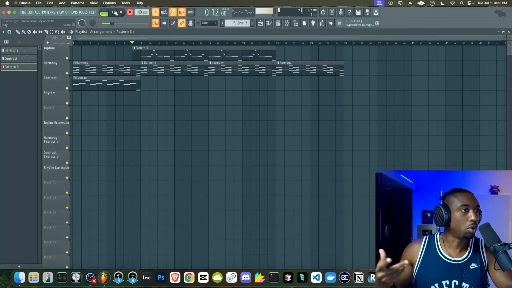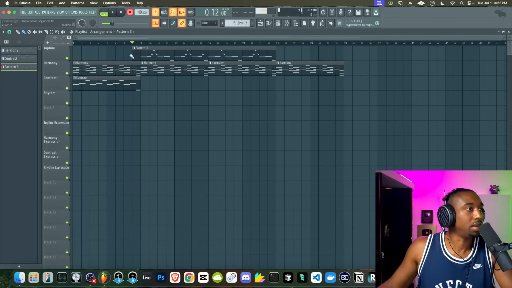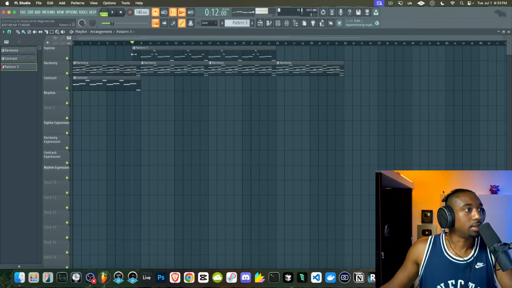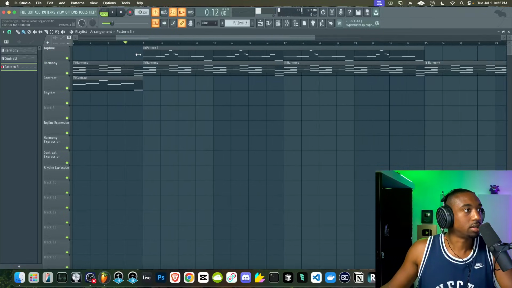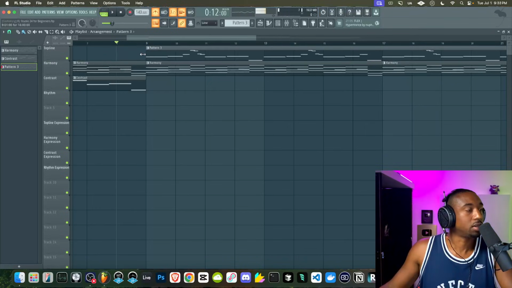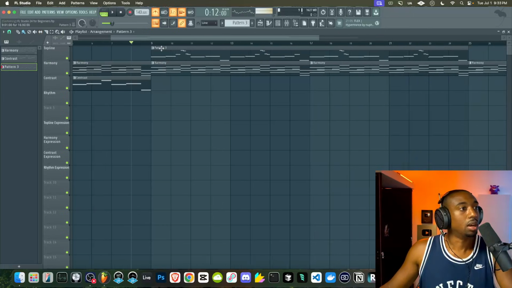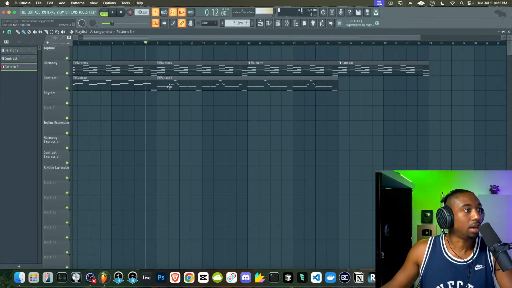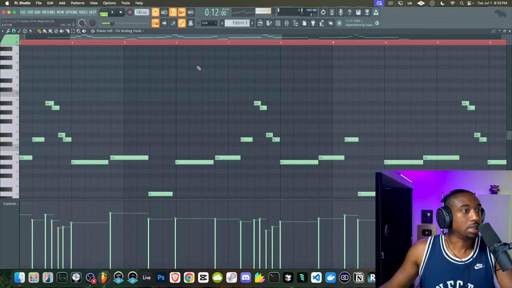All right, so there's a lot more detail with that bass. First thing we're going to do is left click the edge here and just get rid of that little gap that was in the beginning of the waiting time that we had. You could just left click and drag. We're going to also drag this down to where it says contrast so we know the purpose of the sound. Let's double click in pattern 3 here.